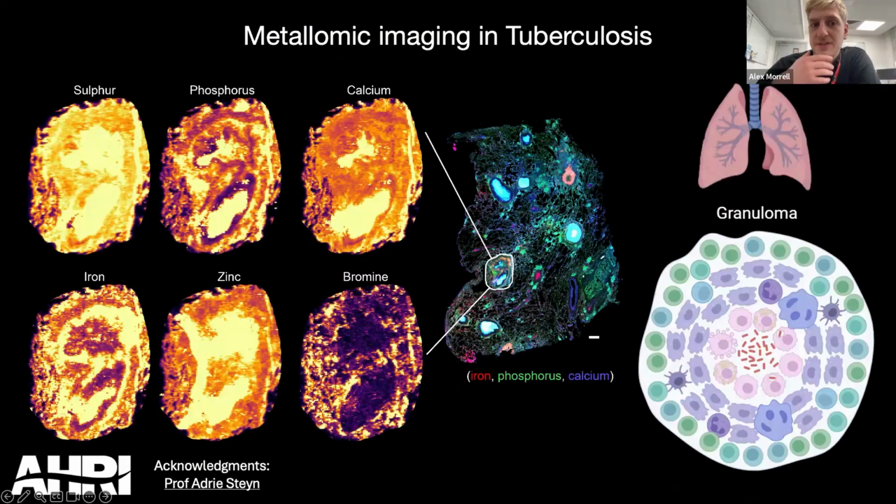So we're employing this sort of time of flight based approach to look at the metallomic imaging of these granulomas themselves. By using time of flight, we can capture the entire periodic table, not just iron. And there's really, interestingly, a wide range of metallomic profiles in these types of granuloma structures that I've talked